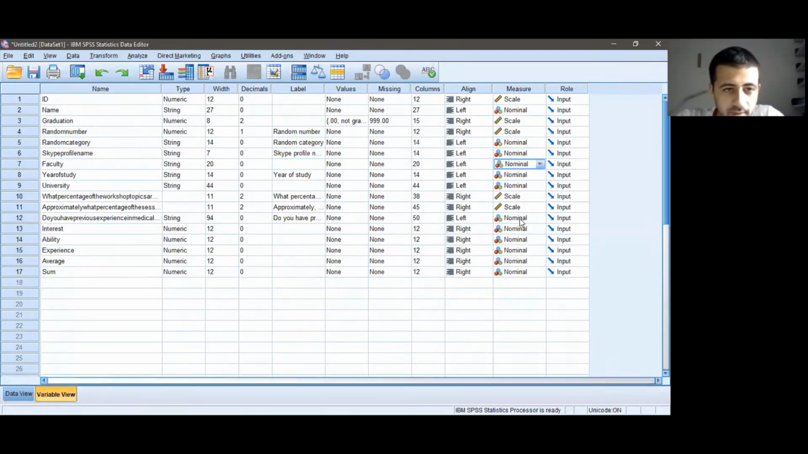Scale, but why is this? Yeah, right, because we have letters in here, so it puts it as a scale. Now for interest, ability, experience, average, and sum, I did classify them as nominal variables. But why? Because